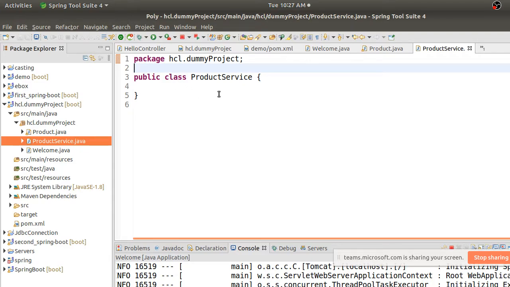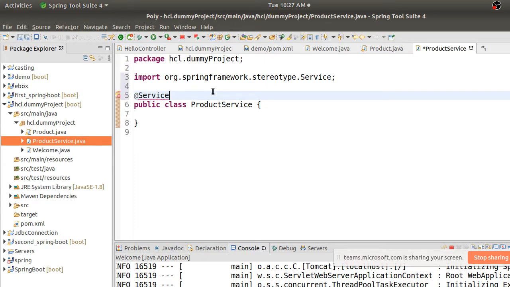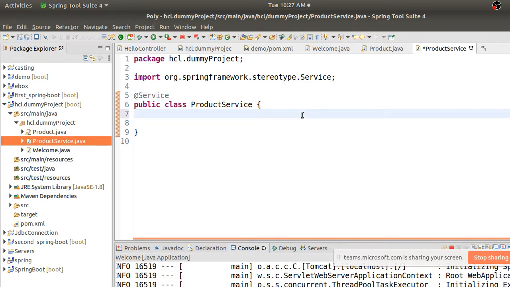To make this class a service, I will just annotate it with @Service. Inside this, I'm going to write my static data, so we need to hard code some data.